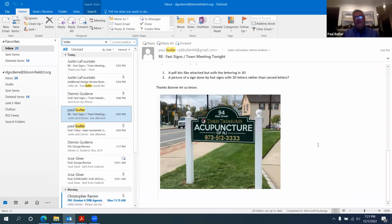Oh, great. So that is the look and the feel of the carved sign where it says acupuncture. Yep, of what we're going to do on the Telus sign. So if we could,